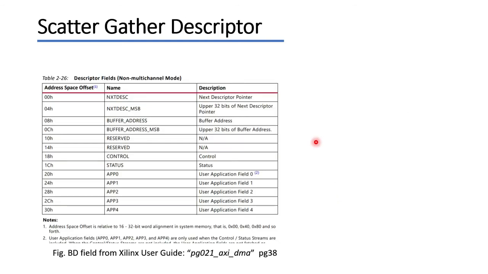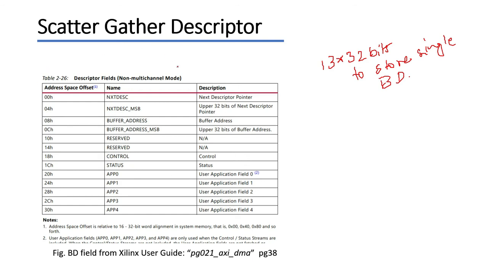Now to understand the BD, let's look at the BD fields. These fields are taken from the Xilinx user guide. You can see here each field is allocated 32 bits to store the information. There are a total of 13 fields, so 13 times 32 bits are required to store a single BD. We are currently using only 8